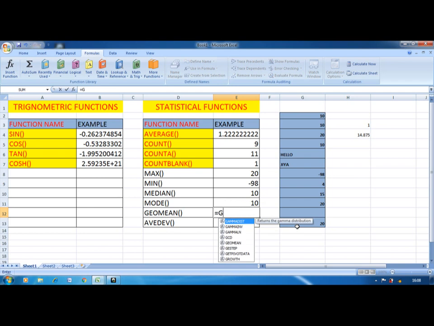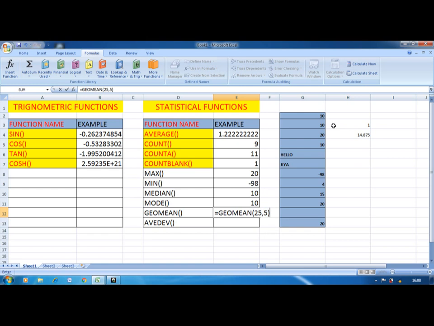Next one is geomean, means geometric mean. So here we can easily view its syntax. It is number 1, number 2. So I will take one example, 25 comma 5. Geomean is used to find the geometric mean of a given range of positive data.